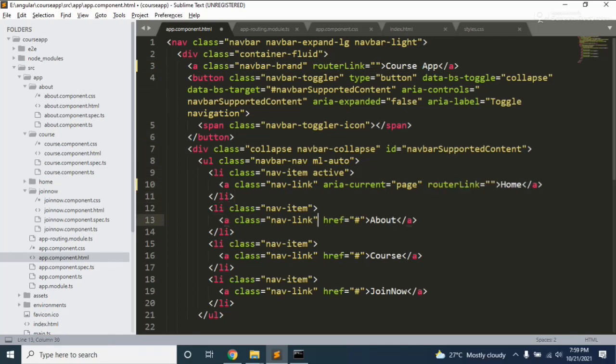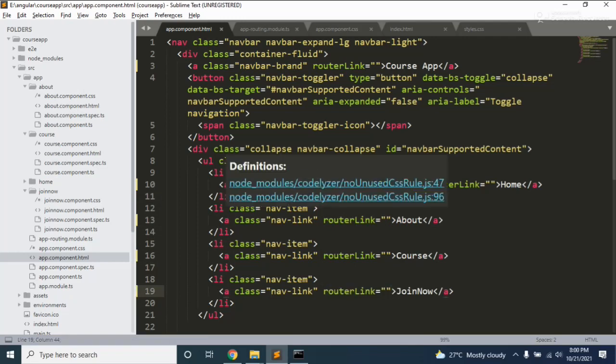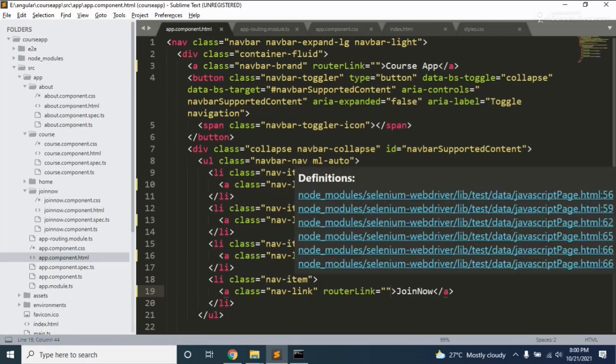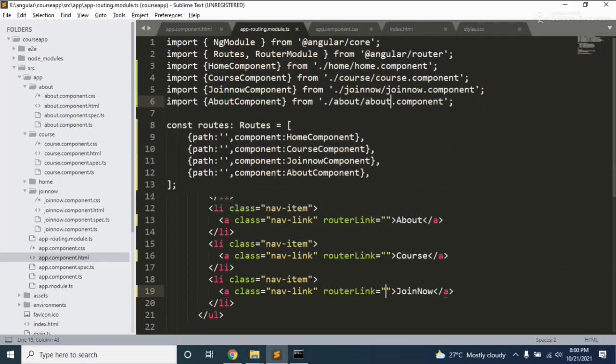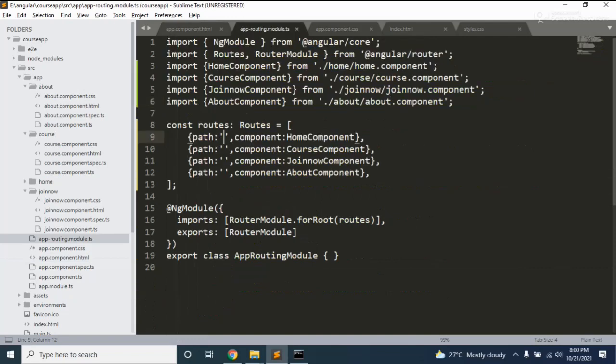about us, and the last one, router link is join now, right? One thing I forgot here: what should we add if we are not adding the path here?